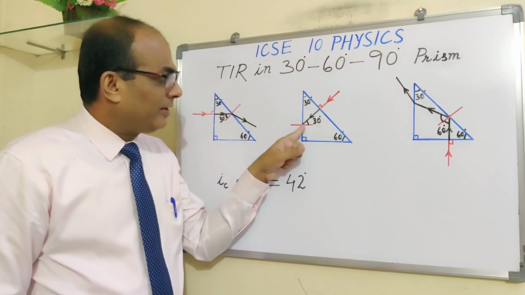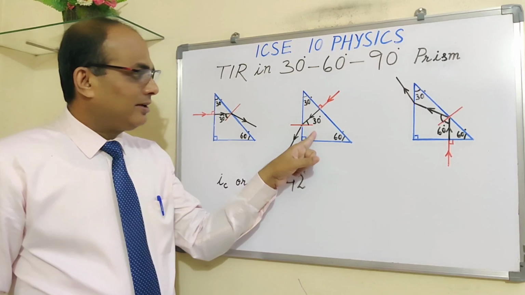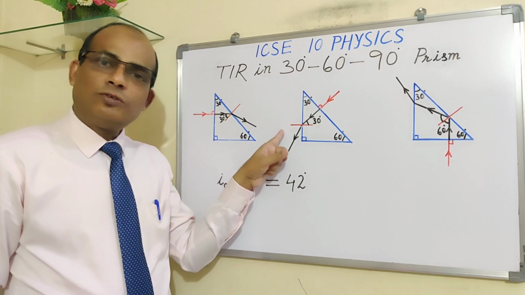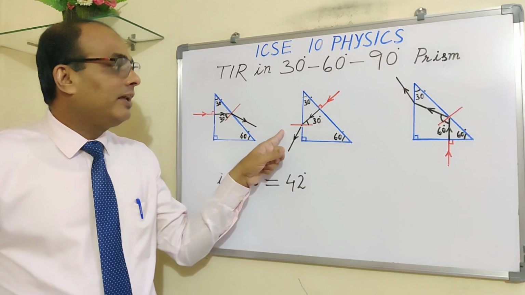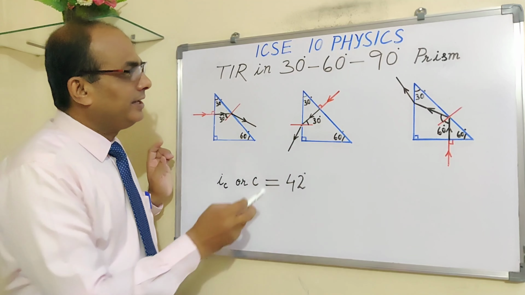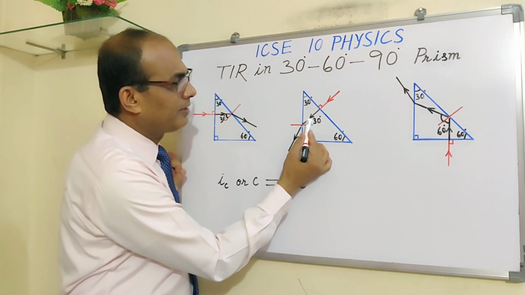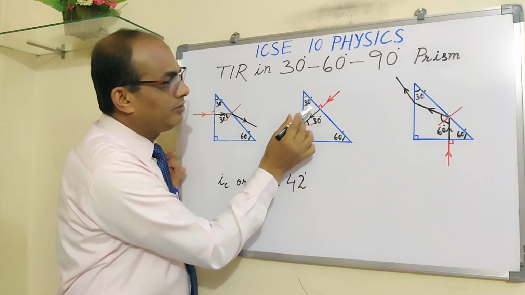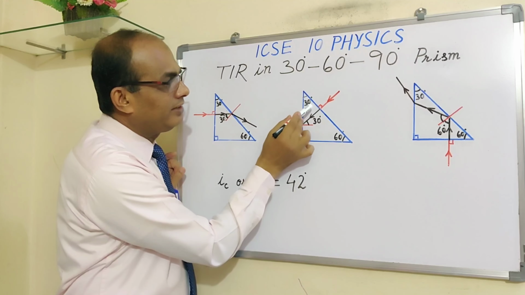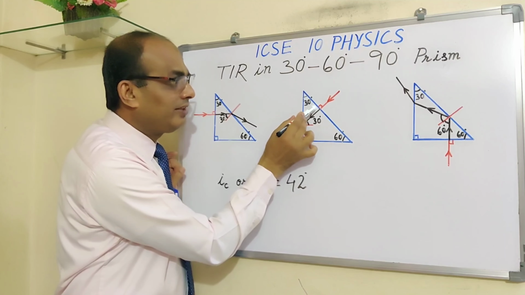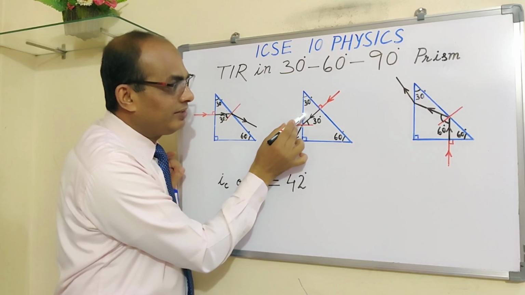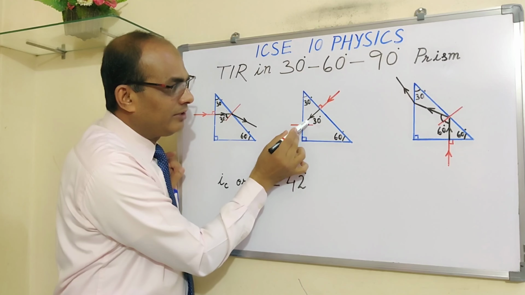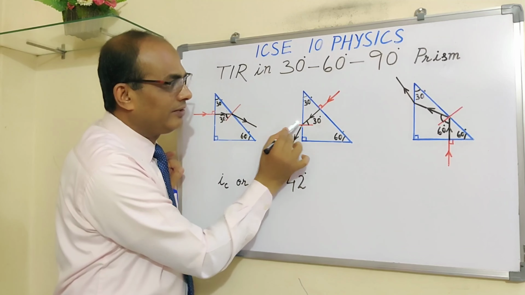At this point, again one is denser medium, one is rarer medium. So what will happen? That depends on the angle of incidence. The angle of incidence here is 30 degrees again. Why 30 degrees? This is normal, so this will be 90. If this is 90, then this will be 60. If this is 60, then this will be 30, because only then 30 plus 60 will total 90.